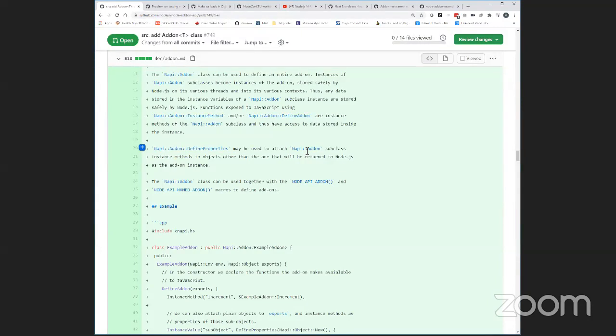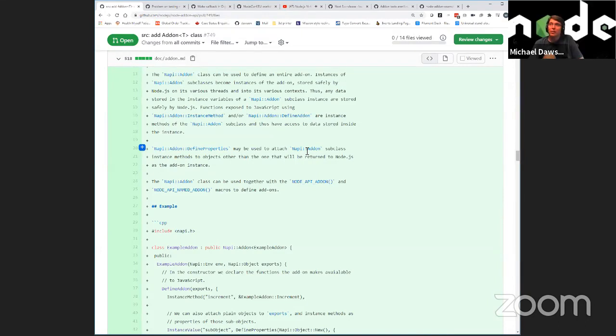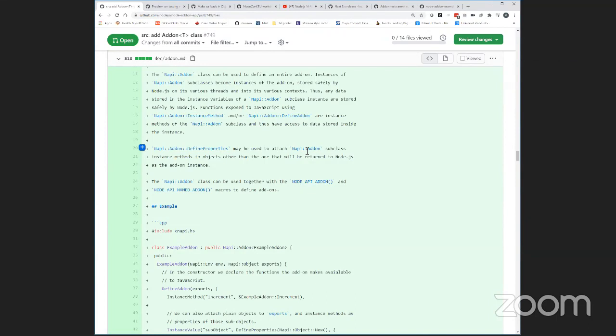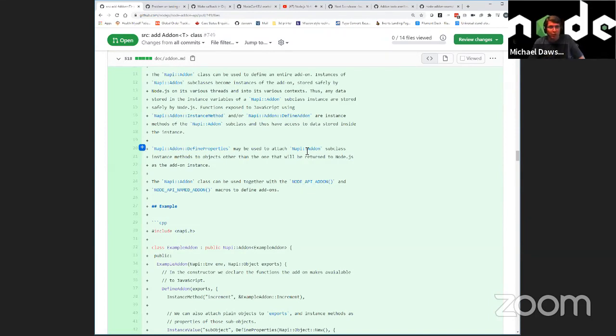There is one aspect which this doesn't cover, which is static methods in object wrap. If you have a JavaScript class that has a static method backed by a native class using object wrap, then there is absolutely no way to avoid having that method be static on the C++ side, meaning that you have to get instance data and cast to the right pointer yourself, because the method is static, and so it will not receive a this, or C++ this, no matter what you do. So that's the only thing this new class doesn't cover. And I guess it's exclusive. If you're doing object wrap, you wouldn't use this, right?